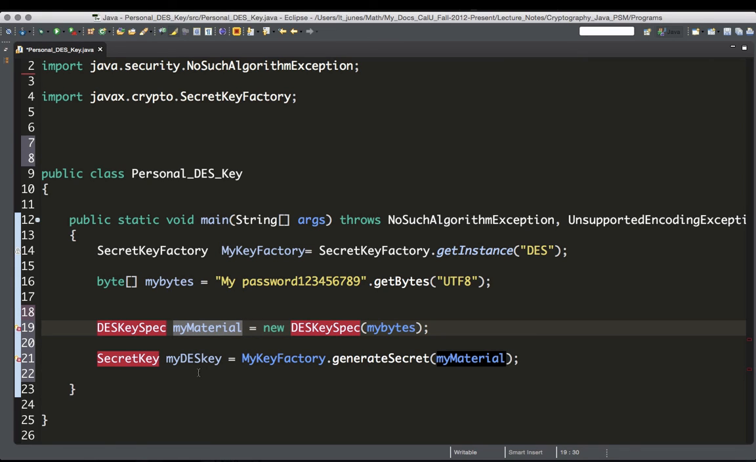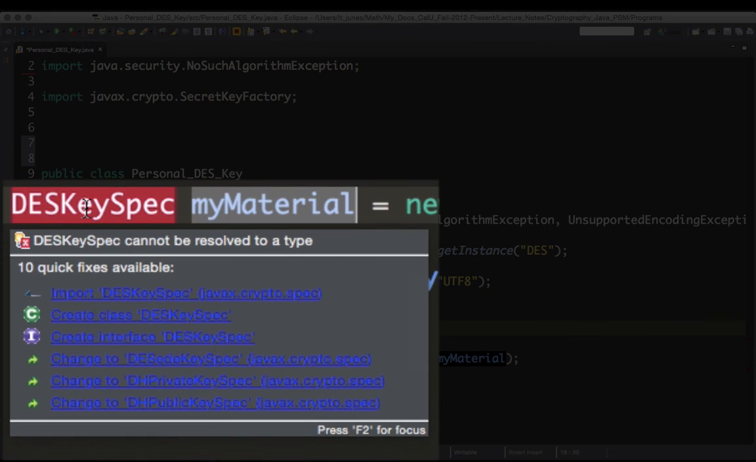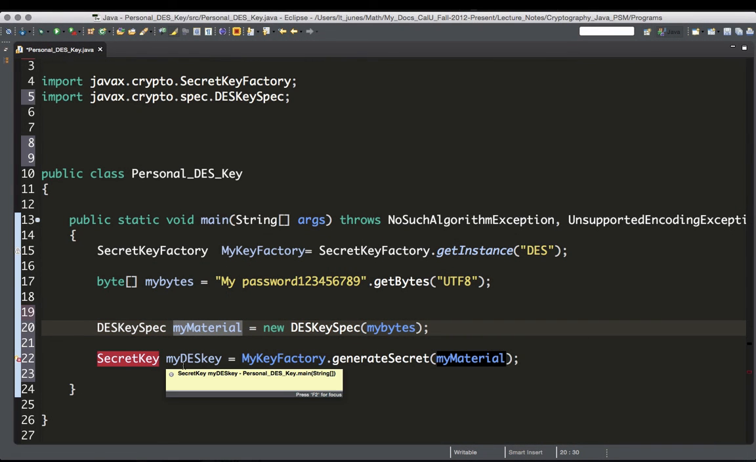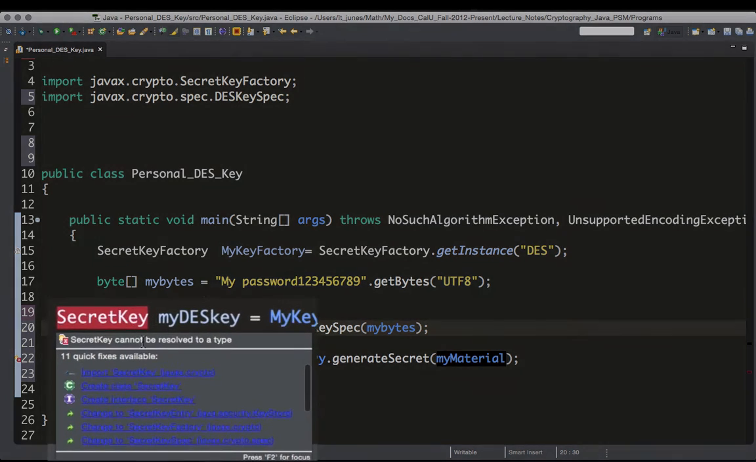As you can see, I have two errors. Basically the errors are that I have to import the libraries that I need. So let me hover over it, and you can see that I have to import this DES key specification. So let's go ahead and do that, and then the error is gone. Now the next line, exactly the same thing. I have to import, as the other time, the secret key,